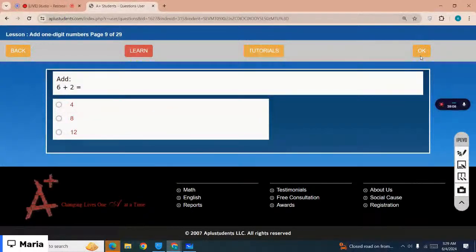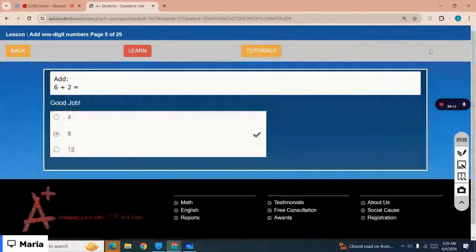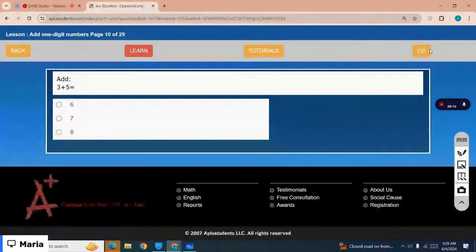The correct option is 6 plus 2 is 8. The correct option is 8. Very good. Add 3 plus 5 equals,